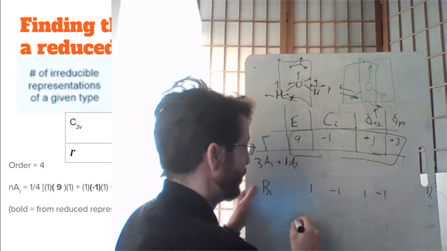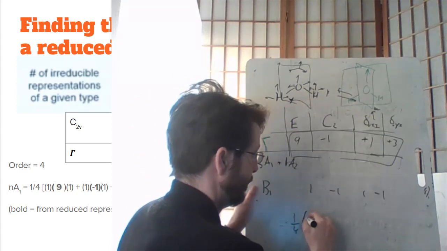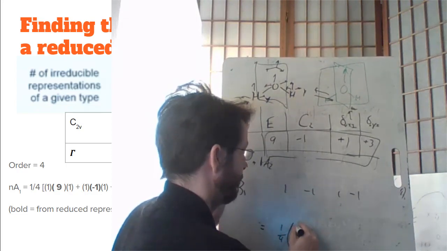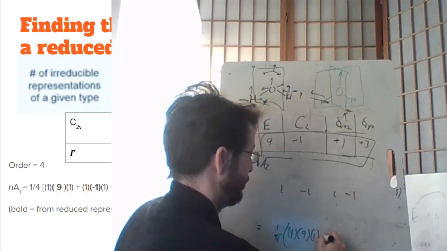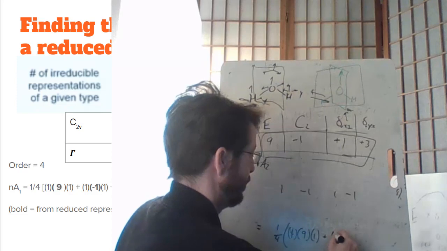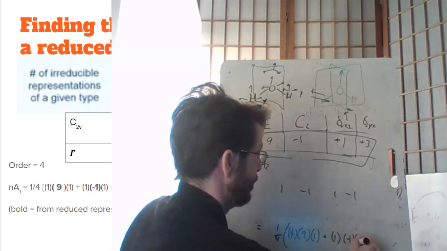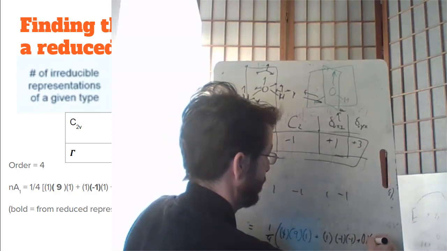And then we can do this representation again. 1 over 4 times 1, 9, times 1 times the character times 1 plus 1 times negative 1, negative 1 plus 1 times 1